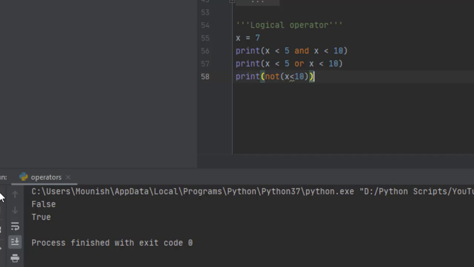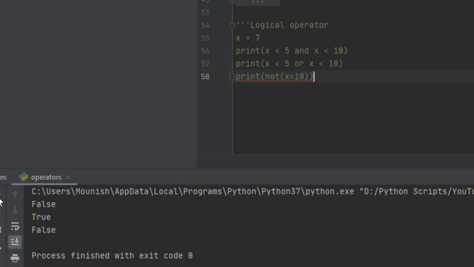So now it will become NOT of that complete information in the bracket, which is x is less than 10. So what will be the value written? Is x less than 10? Yes, 7 is less than 10. So it is true, but it will return false. That's what is happening. These are the logical operators which we need while performing a program.